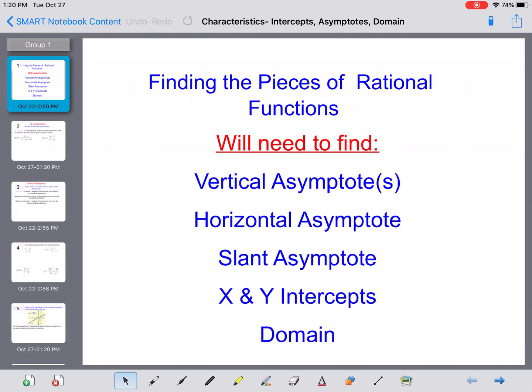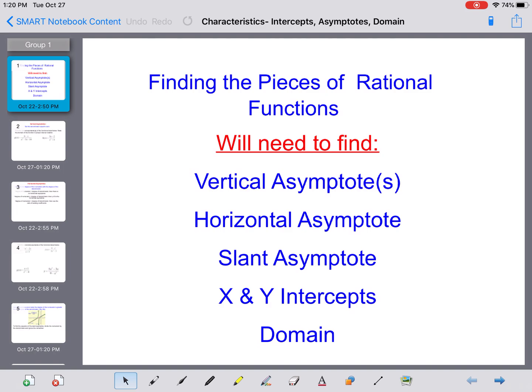I want to be clear that this applies to all rational functions and is not limited to parent graphs. There are slightly different rules that apply to parent graphs just because of the format of the equation. So moving forward, we want to use what we're going to talk about with these in regards to the characteristics